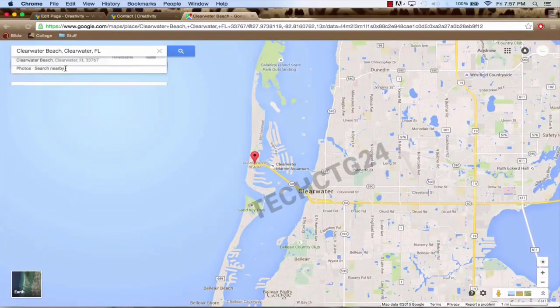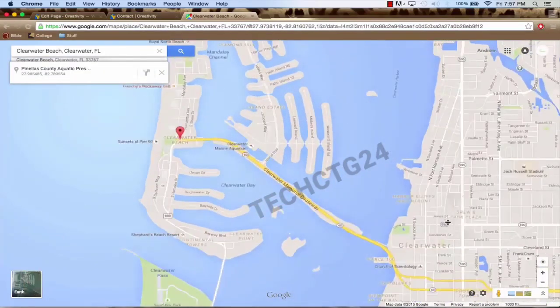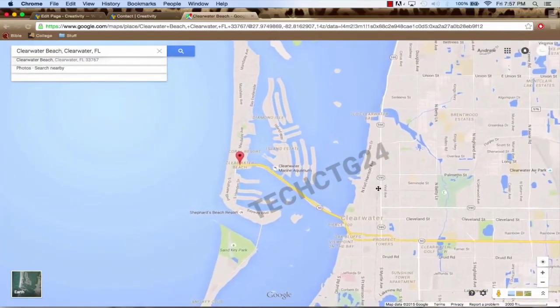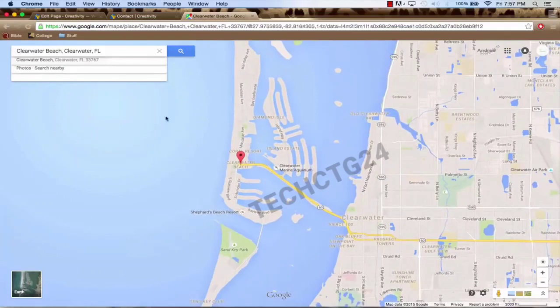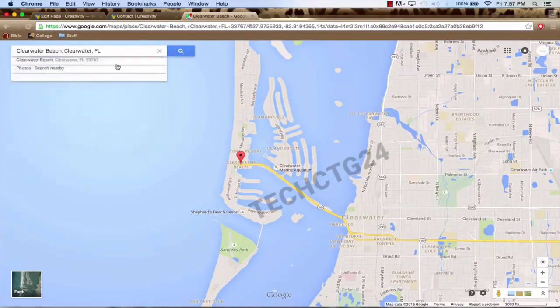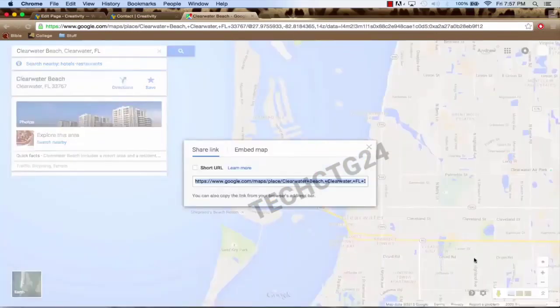So once you enter in the location, you can zoom in a little bit if that's what you want to be visible. So in this case, that's a little bit too close. I'm going to zoom in once, try to center it a little bit. And after you get it to how you want it to look and the location you want is in there, click down here where you see this little gear icon, and click Share or Embed. Then click Embed Map,